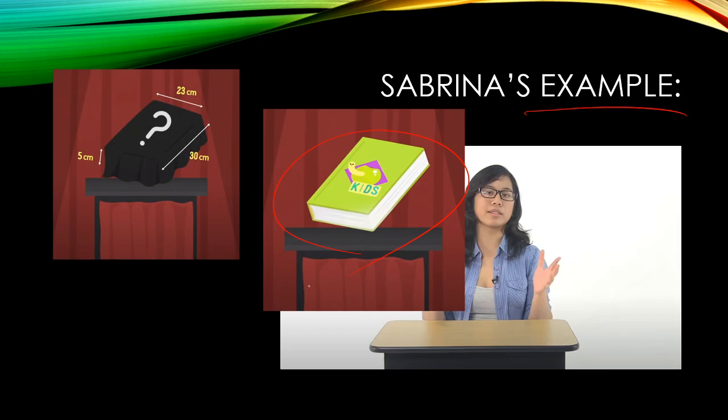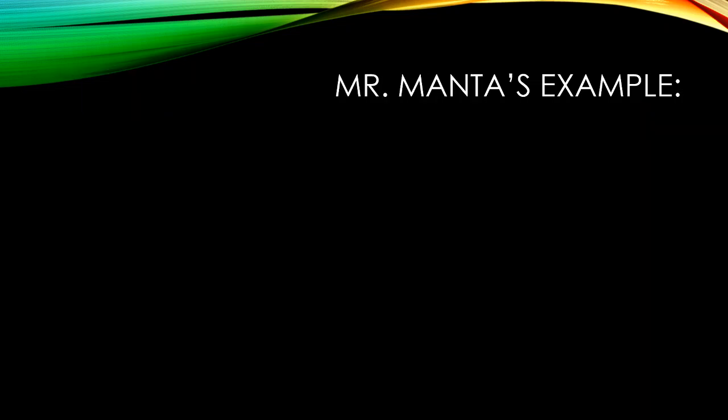That's like a very elementary or very basic version of the way that scientists use properties. Now, in this case, you maybe could have just said, hey, Sabrina, turn the lights on and you can see what this object is. But when we're trying to figure out what mystery objects are in science, it isn't always that easy. So, I have a different example for you, one that's maybe a little bit more advanced,